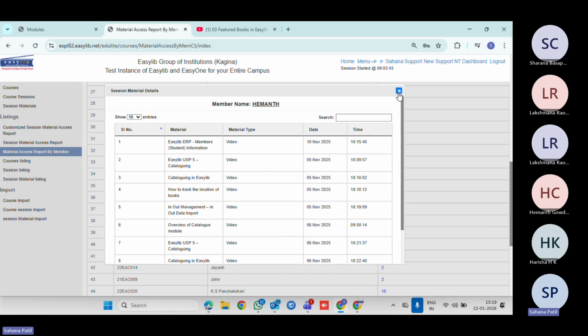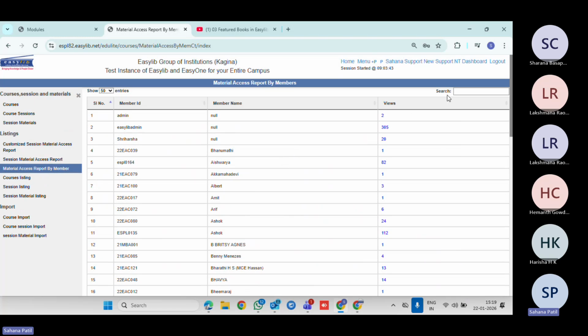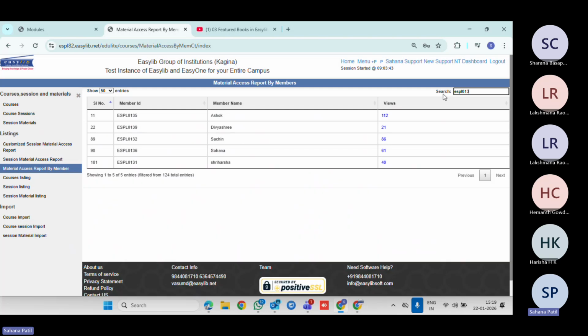So in this way, you are going to get the material access report by a particular member ID. Even if you want to search for any one, you can just search it out. Let me try it with my member ID. You are going to see here